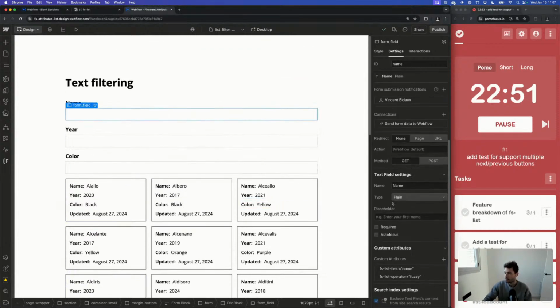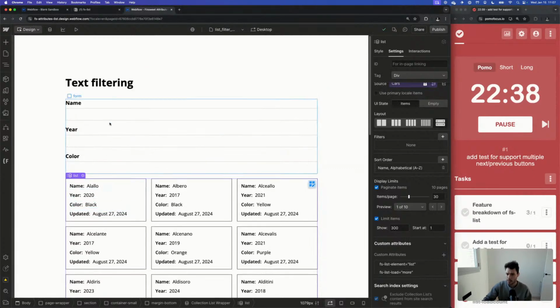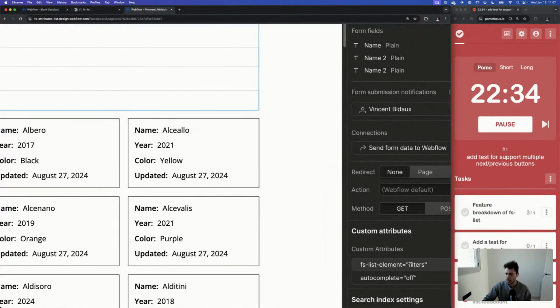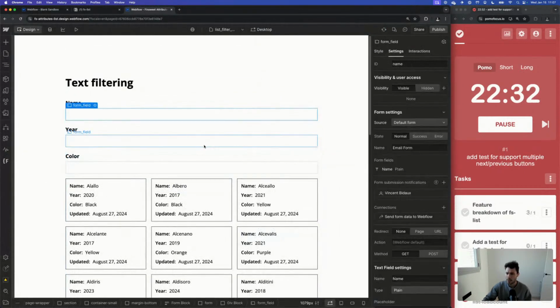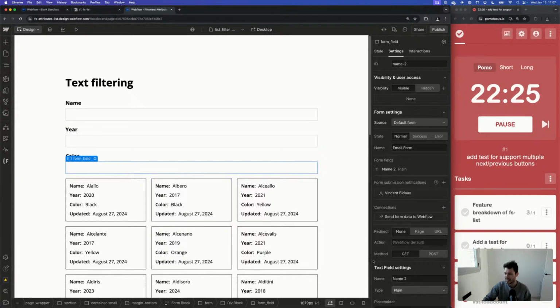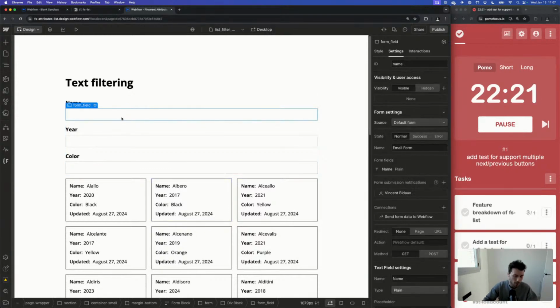So all we need here is the element list to define the list, the FS list mode, the FS list load more, but that's already defined. Then we need to define the filters, which is these element. And I think that we're good because the rest of it is just using the fields and the operators. Fields and operators and the type, I think. Yep, and the type. Okay, cool.